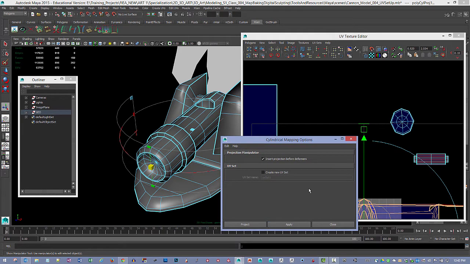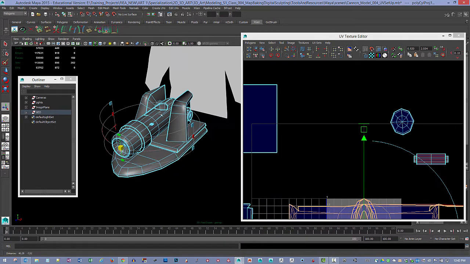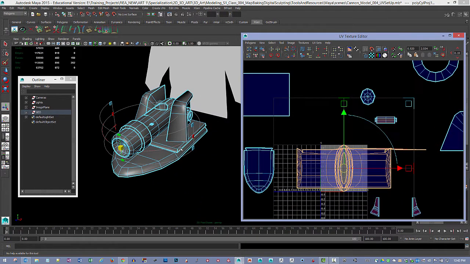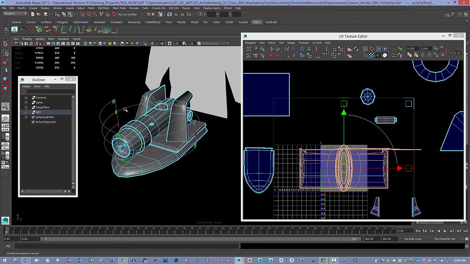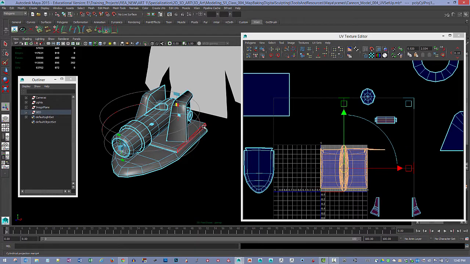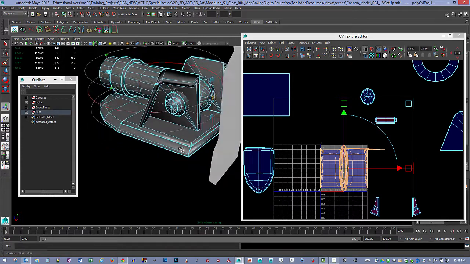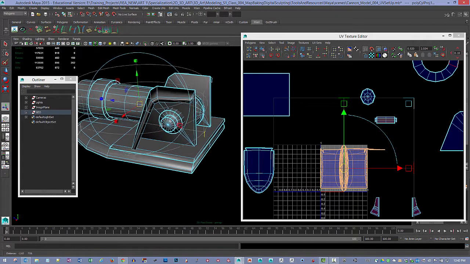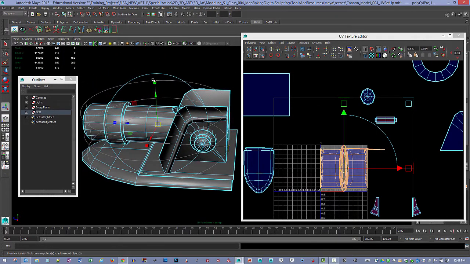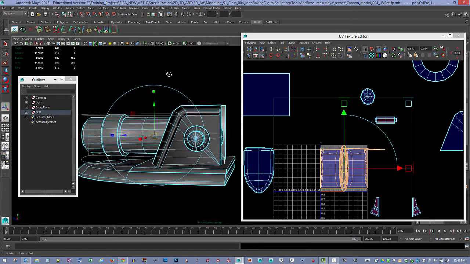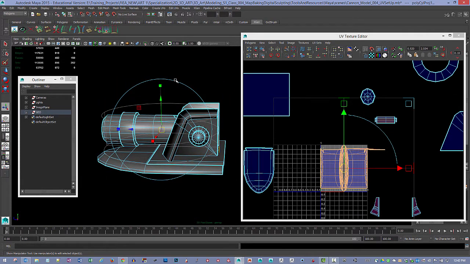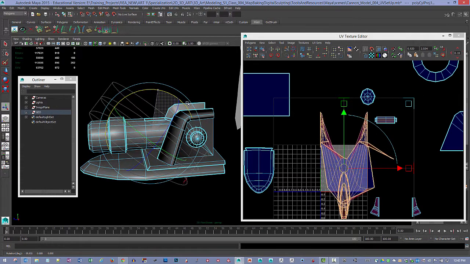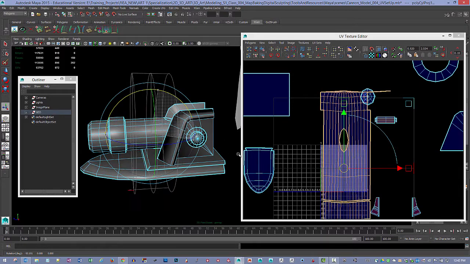So I'll hit apply, and as soon as I do that, it's going to give me this manipulator, and it's going to do this weird kind of projection for me. The tools on this is I want to turn this into a full cylinder. Just like the planar mapping tool, there is this little icon that you click on here, and it'll open up translation, scale, and rotation. So I need to take this manipulator, and I'm going to click on the outer ring to put it in rotate mode, and I'm going to rotate this thing this way until it is a true